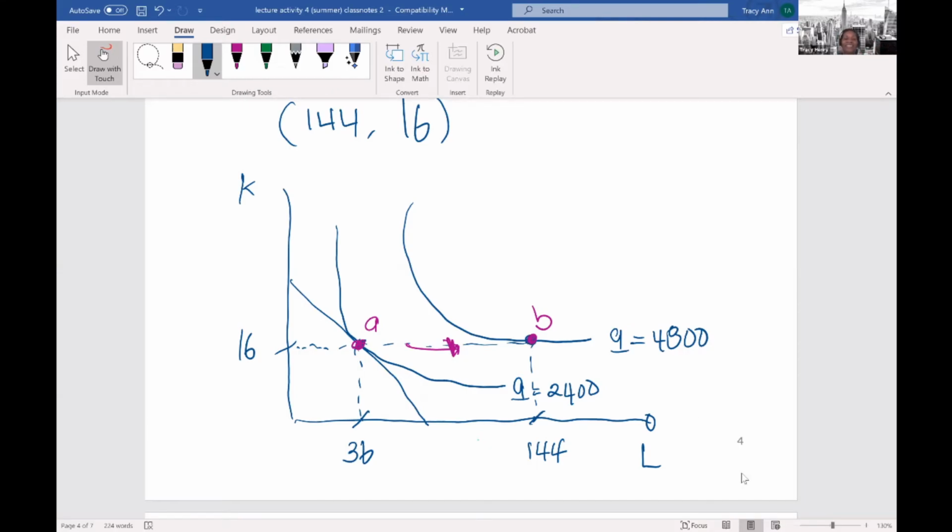Well, another thing that we can look at is our expansion path. The expansion path tells us the labor-capital combination that will allow us to minimize the cost of producing any level of output. As long as the relationship between labor and capital is 4/9, that combination would be a cost minimizing combination to produce a specific level of output. So in this case, if I'm using 144 units of labor, then if I plug in 144 into